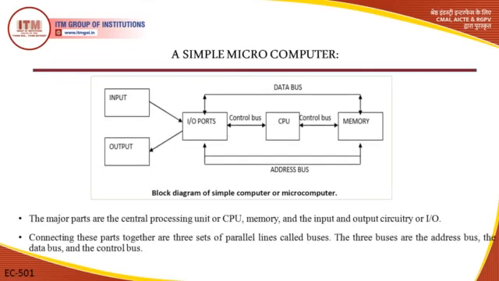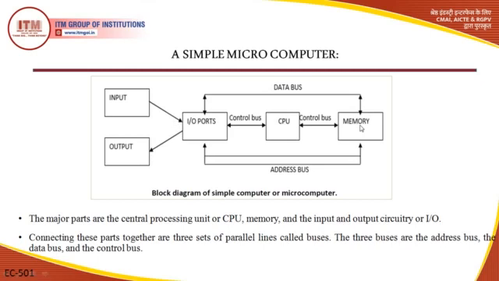Now this is a simple microcomputer block diagram consisting of 5 blocks. Input, you can imagine this as a keyboard. So the IO port is where the keyboard is connected. The CPU controls the entire operation and consists of ALU and memory. So your inputted data is stored in the memory, and the program is also stored in program memory.